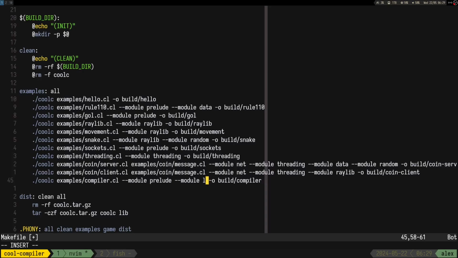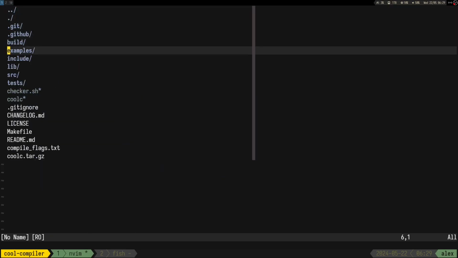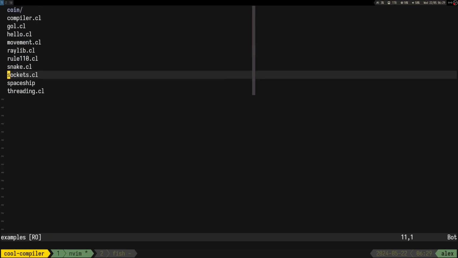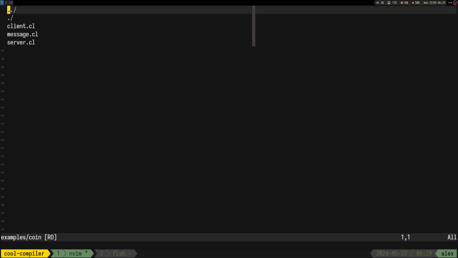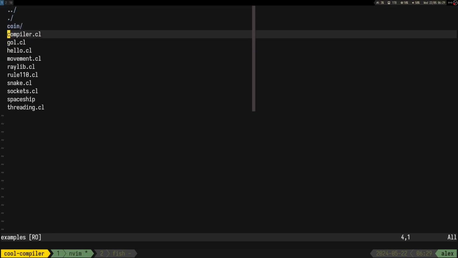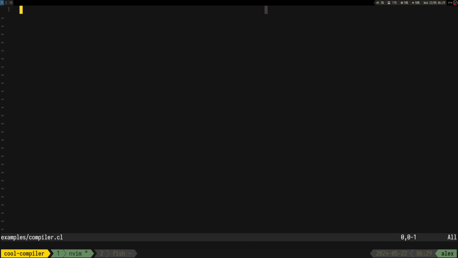So module data, that's how we import stuff, basically. So we don't have the import keyword, we import the files at compile time, which is, I mean, I don't know. Yeah, and we also had this multiplayer game, so I mean, pretty cool language, let's say.